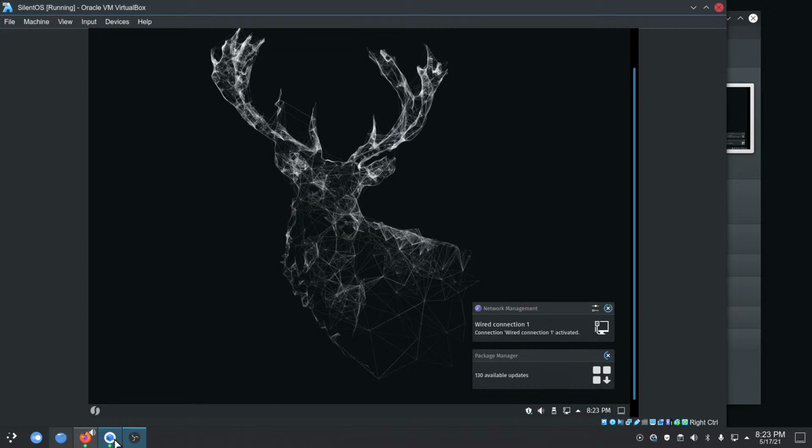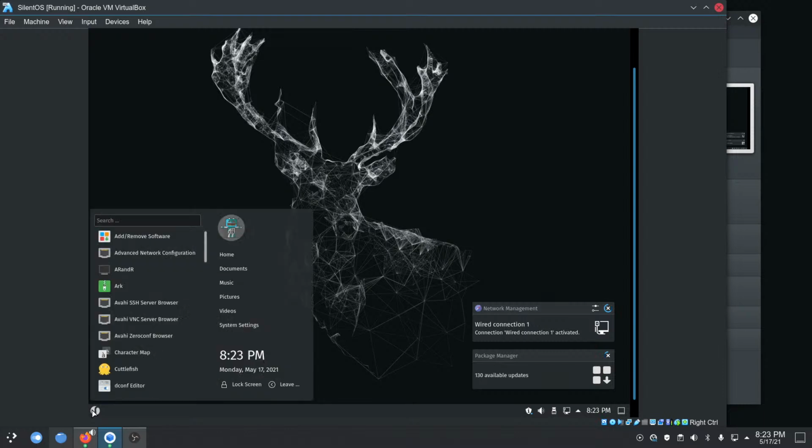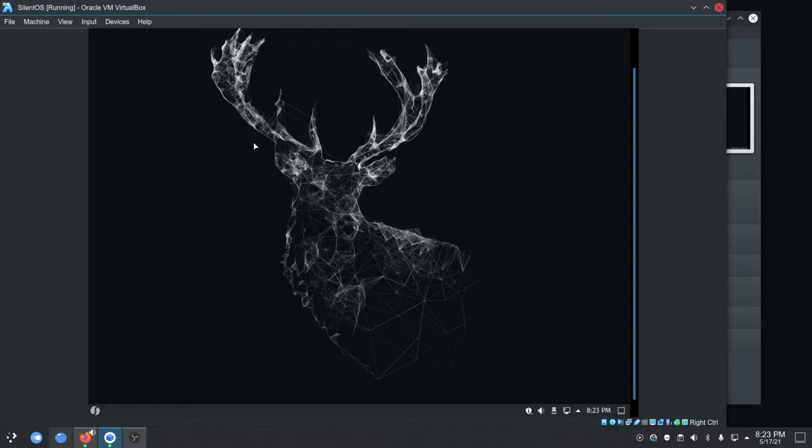So apparently it did what it should have done on my computer, but this isn't what it did. I didn't have any of this stuff. As I showed in the screenshot, no menu whatsoever, and I couldn't click on here, so